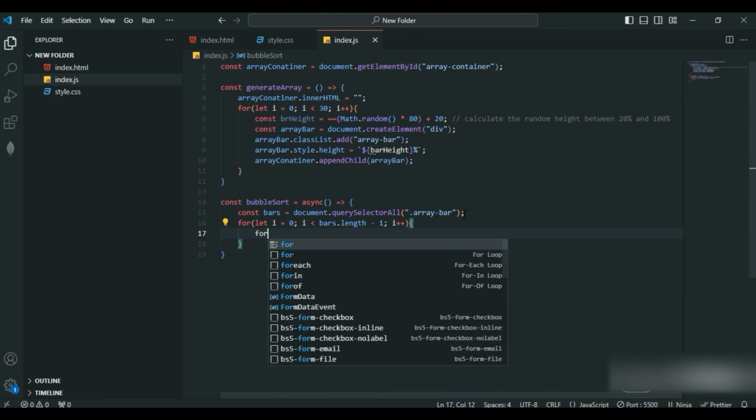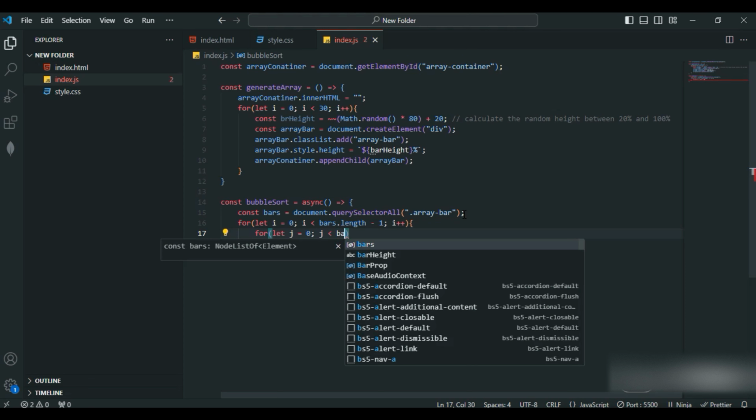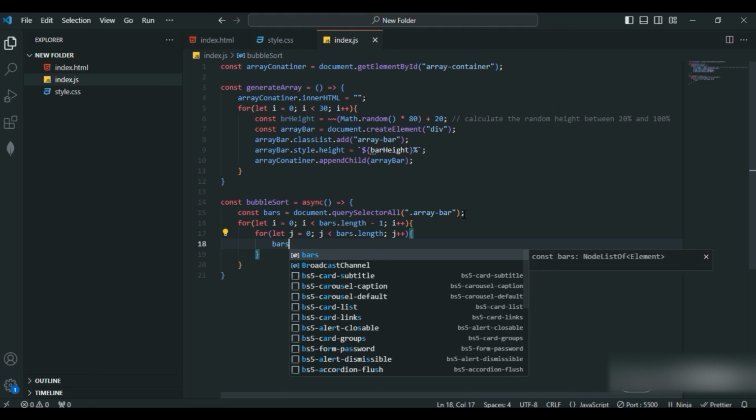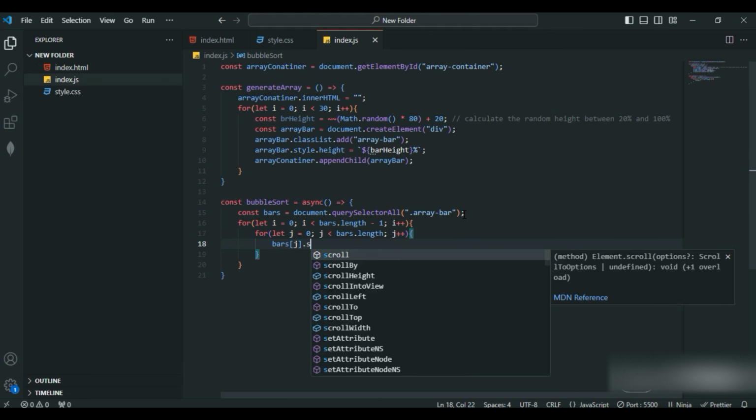So yeah, let me make use of j equals 0, j less than length of the bars, j plus plus. Next, what we'll do, we'll highlight the bars that are being compared, right? For that purpose, I'll just give bars of j